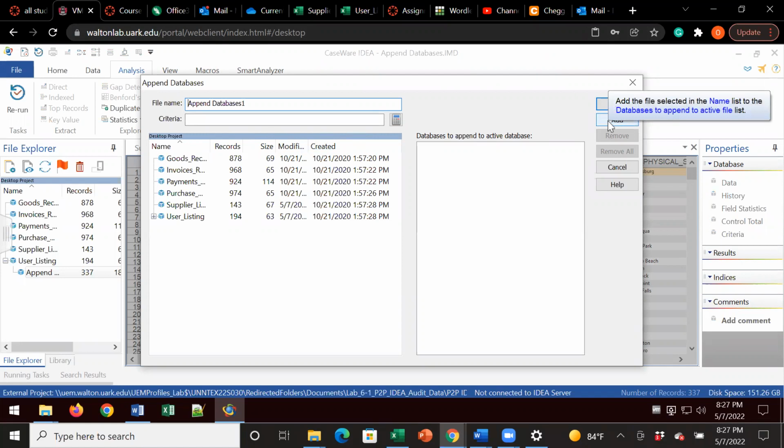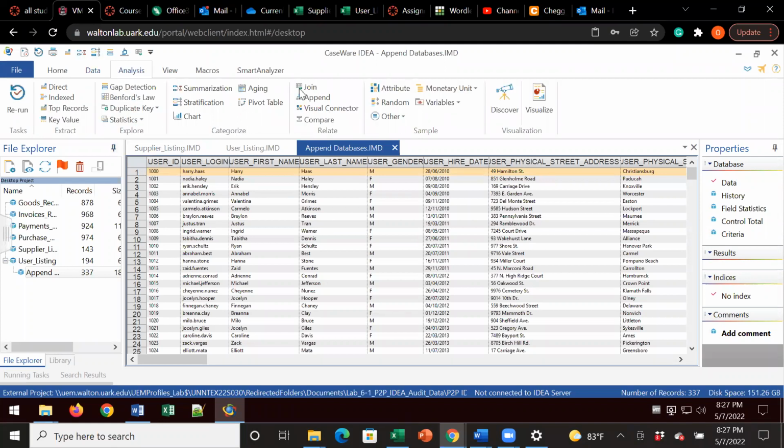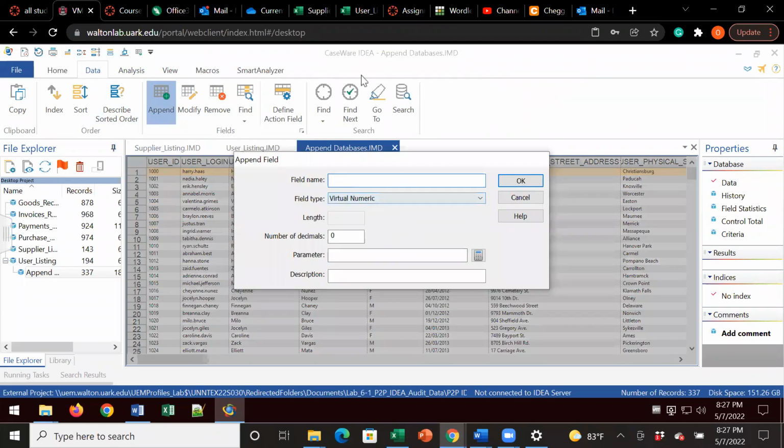All right, so I was actually on the analysis tab hitting append, but we have to be on the data tab. And so we go to append,